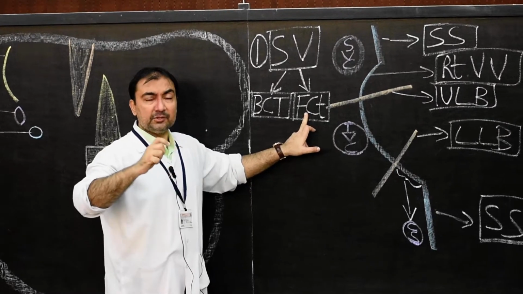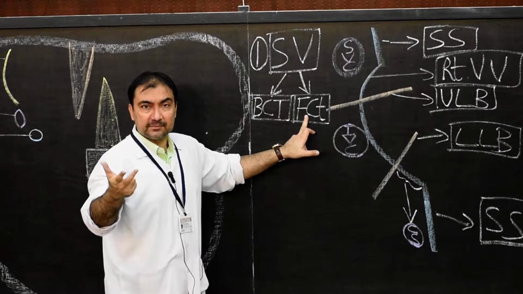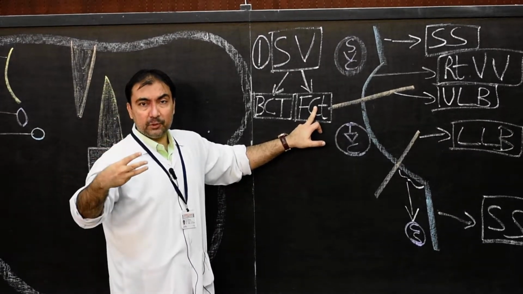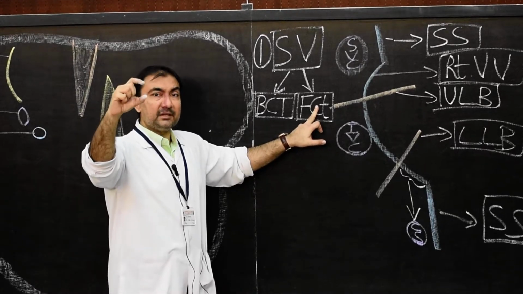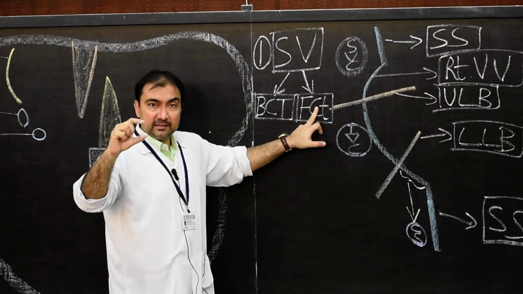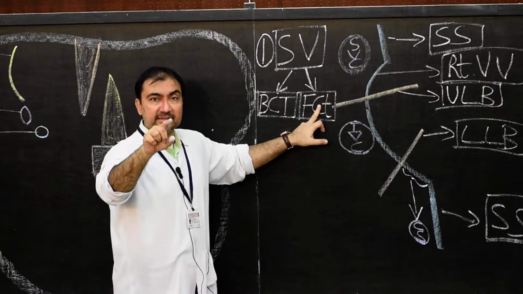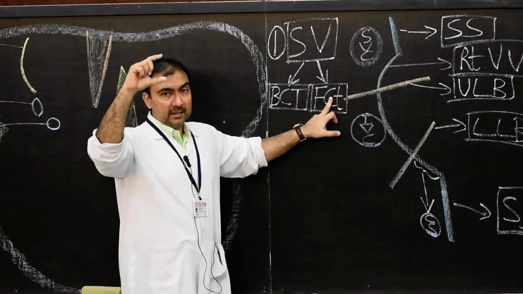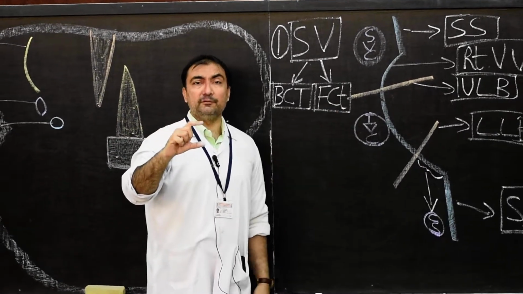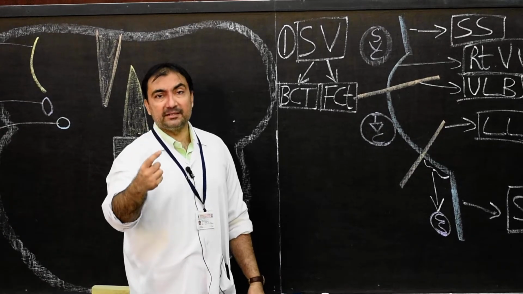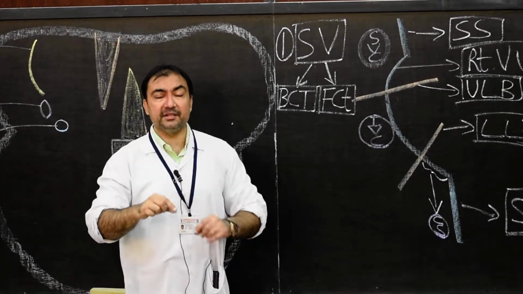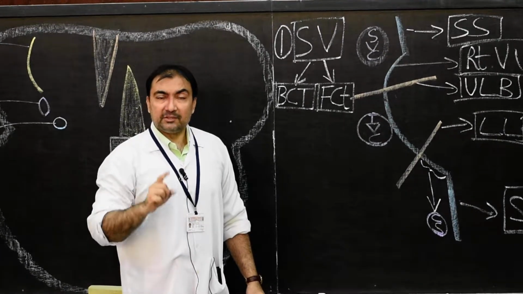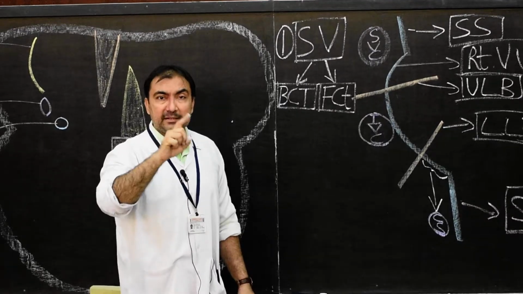Behind crista terminalis was from the right horn of sinus venosus, and in front of crista terminalis it is from three different segments: the upper part of the right venous valve plus septum spurium, the intermediate part of the right venous valve plus sinus septum, and the caudal part of right venous valve. These develop into number one, crista terminalis; number two, valve of inferior vena cava; number three, valve of coronary sinus. Very simple, and these questions can be asked in 1 mark question answer or in MCQs. So the first point of development of right atrium is over.